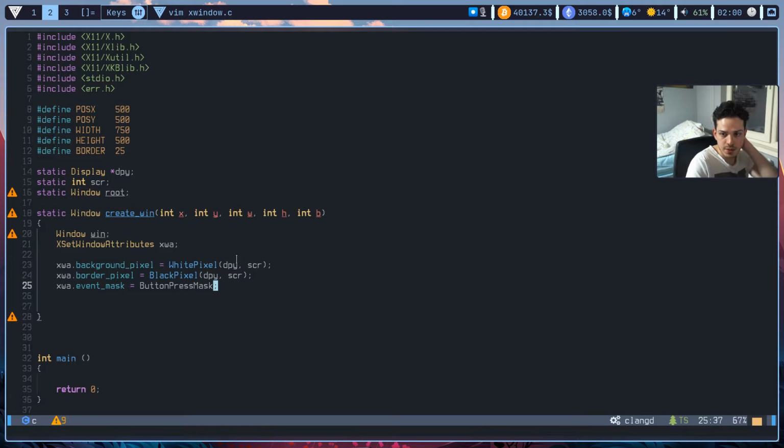So what is this ButtonPressMask? Actually, I think ButtonPress will work too. So what is this button press? I'm going to close the program whenever a button is pressed. That's just it. Pretty simple, right? So let's create our window now. So our win will be equal to